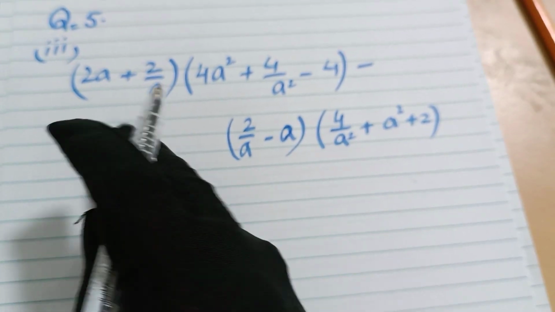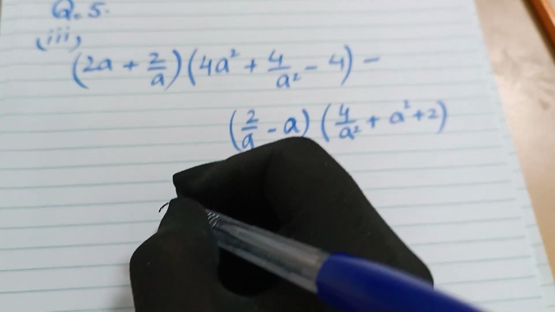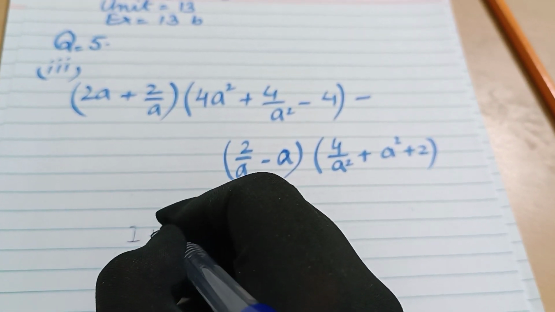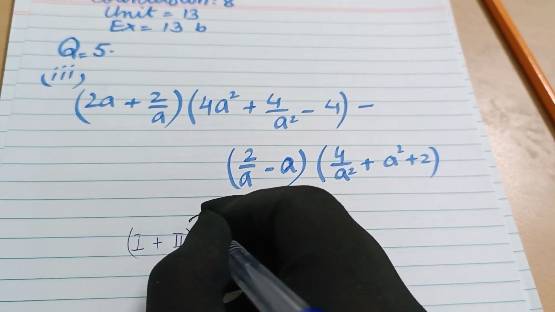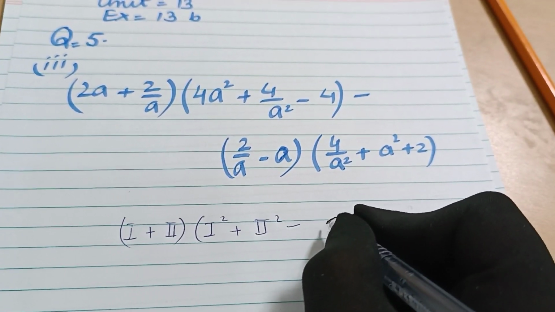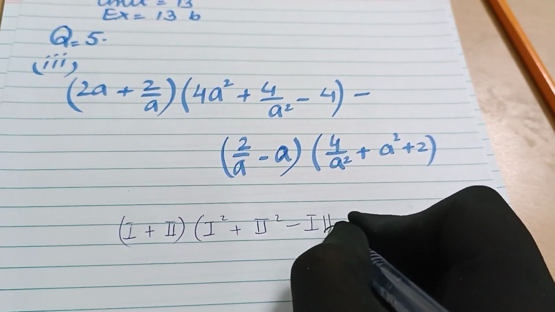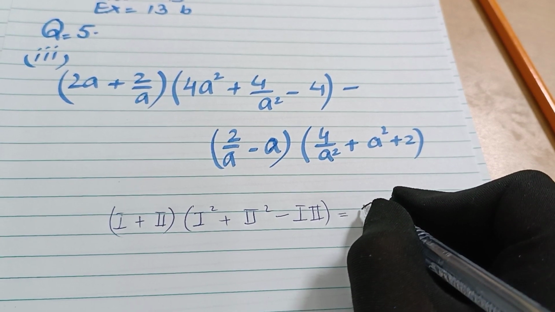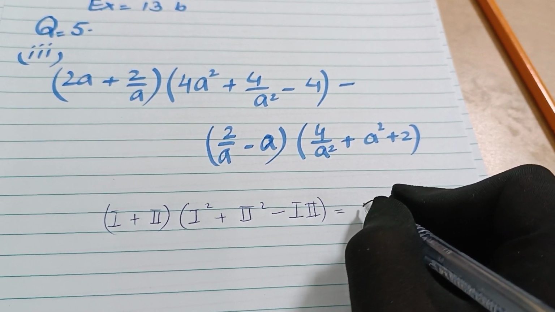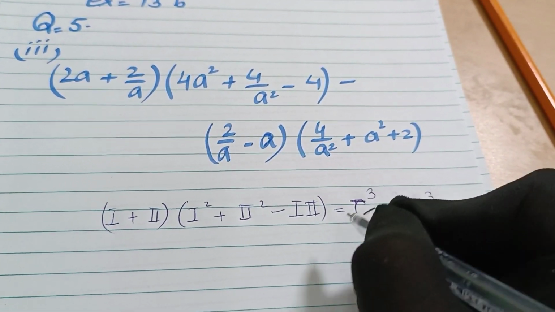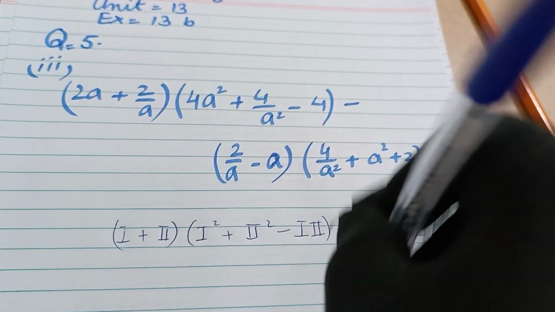If you can keep in mind the algebraic identity on this one, like you know about the algebraic identity, that if you have the first term plus second term into first term square plus second term square minus first term into second term, it is giving the product as first term cube plus second term cube. Okay, so in this one formation,